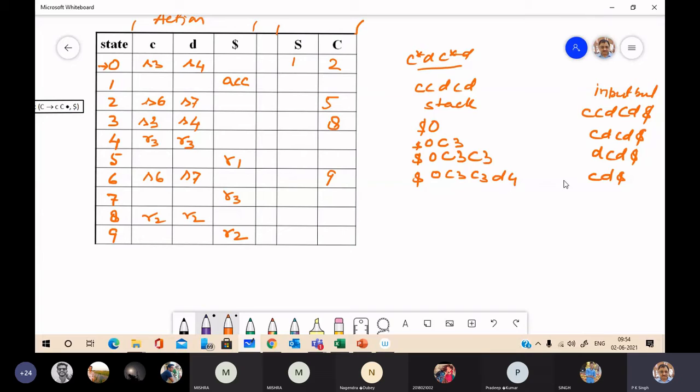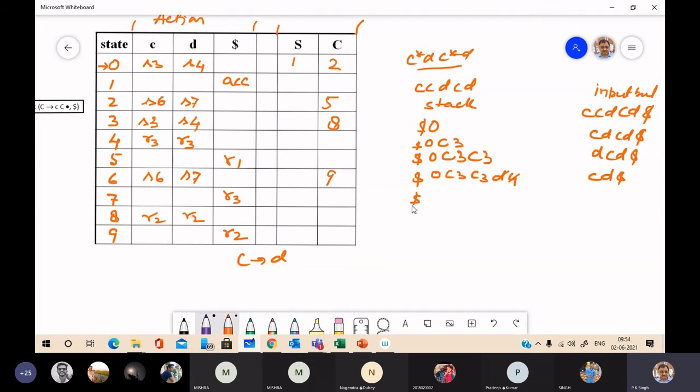Next 4 and C, R3. R3 is C to D. So you have to perform the reduce action, reduce by production number 3. Pop out mod beta times 2 symbols. Mod beta is 1, and times 2. So you have to pop out these 2 symbols of the stack and push the left side.